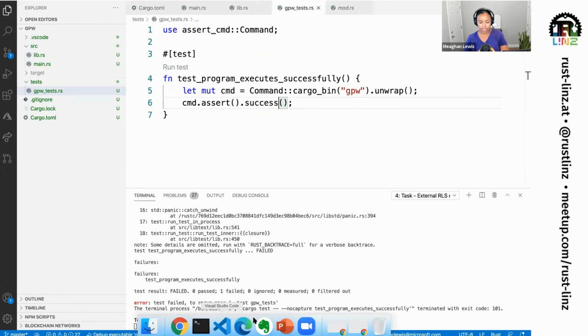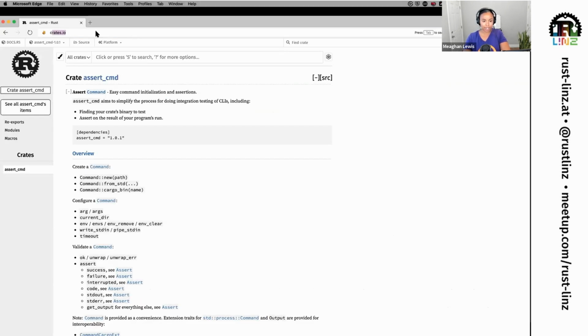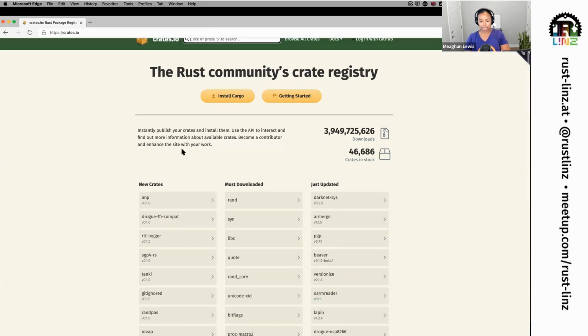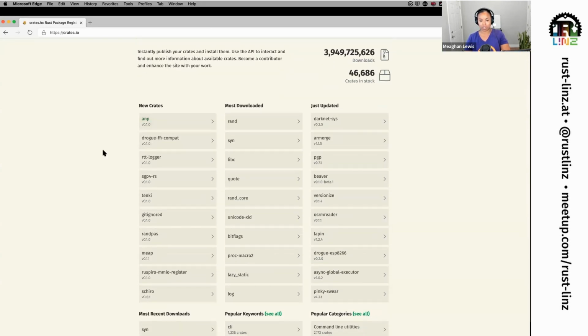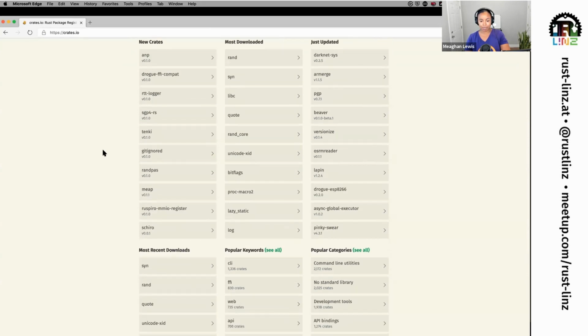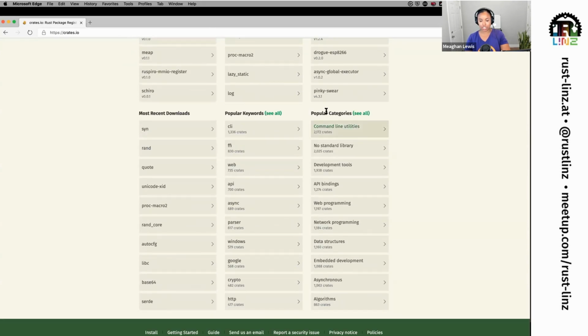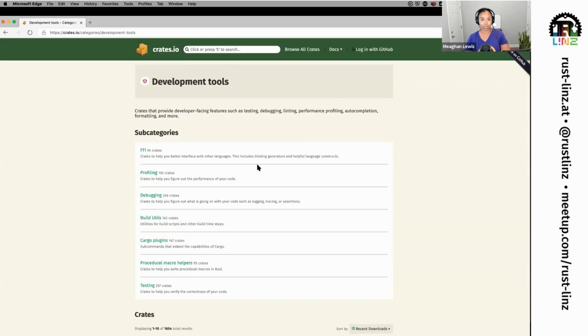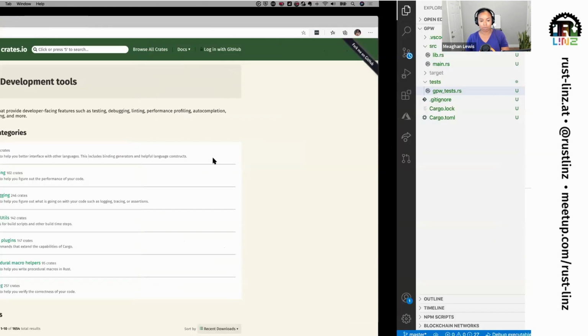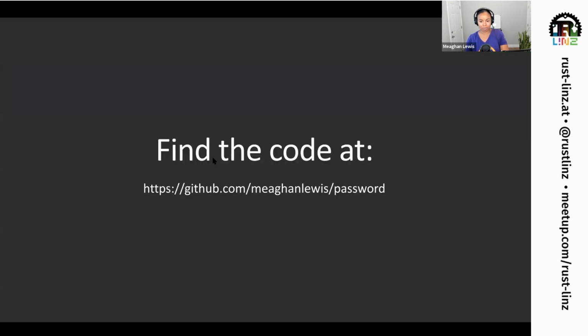And that's something that I didn't share before, but on the crates.io home page, you could get a bunch of information right off the bat. What I would recommend checking out is just popular categories. Again, there's such a wide range of applications, where there's command line utilities, development tools, web programming, and so on. You can just come and check out a bunch of crates and learn from them and extend them. And I think that really helps you become a lot more familiar with the language itself. So I recommend that. I'm going to go back to my PowerPoint.